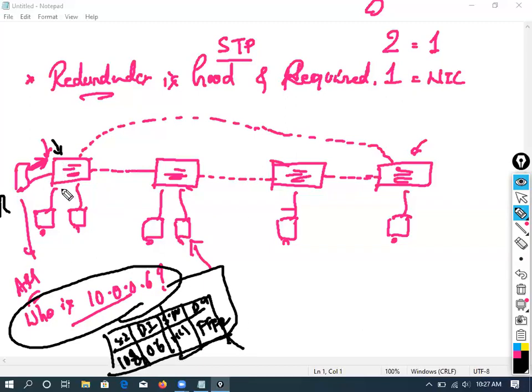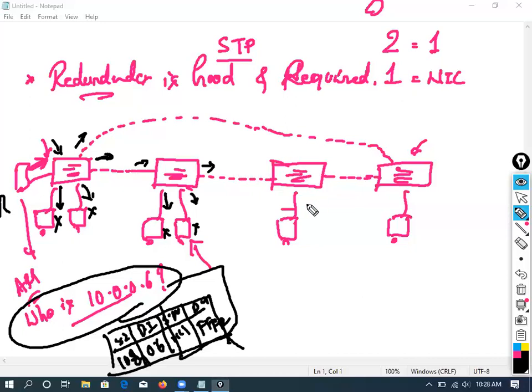Except this PC, it's going to broadcast here, here, here, and here. Now these devices say, no, we are not that, and they reject those packets. That's good. But this interface is connected to another switch. What will this switch do? It receives the packet, then broadcasts to all other interfaces. Again, these two PCs will reject it, but here it went to another switch.